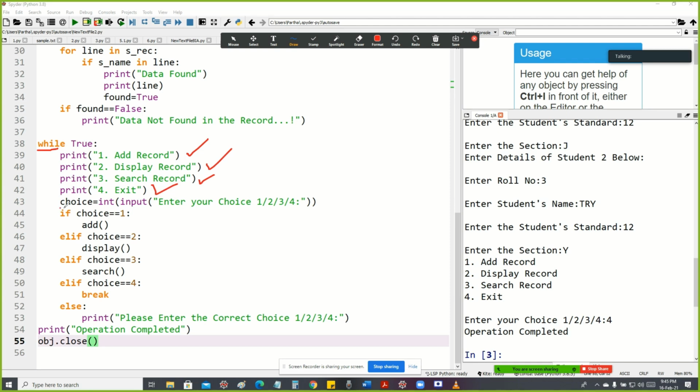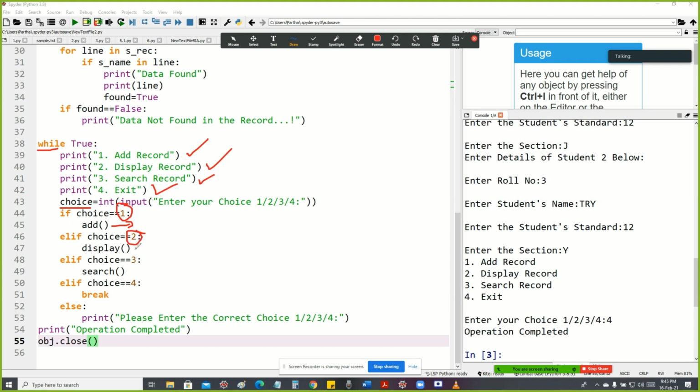Here I declared the variable choice and it is assigned choice equals int, to accept only integer values, input "enter your choice 1 2 3 4". Whatever number is entered by the user will be accepted and stored in the variable choice.